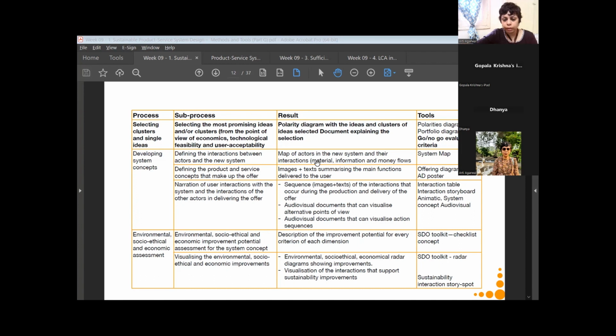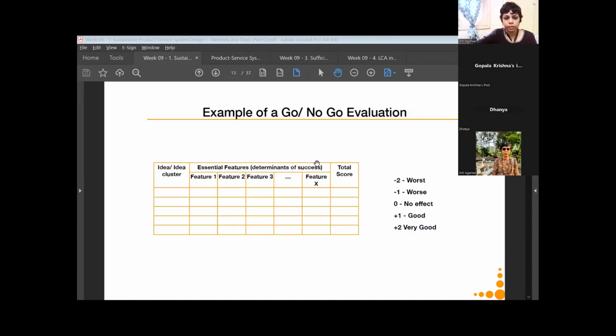So next we come to the go or no go evaluation criteria, which again is not a very complicated thing. If you just look at this table in the slide, all we are doing is that you take your idea, or suppose you want to classify your idea, then